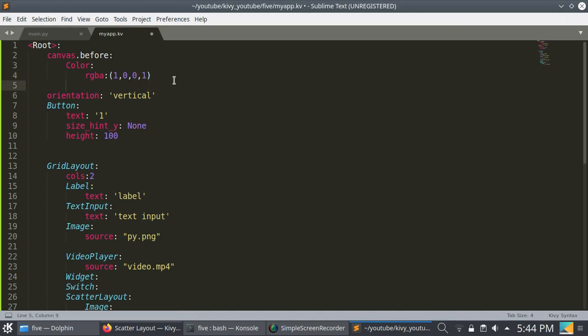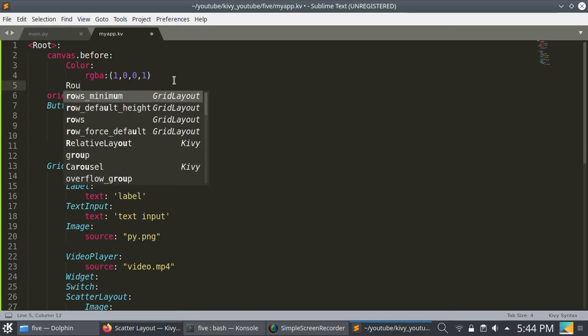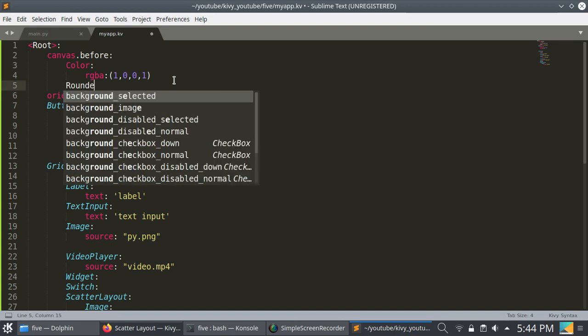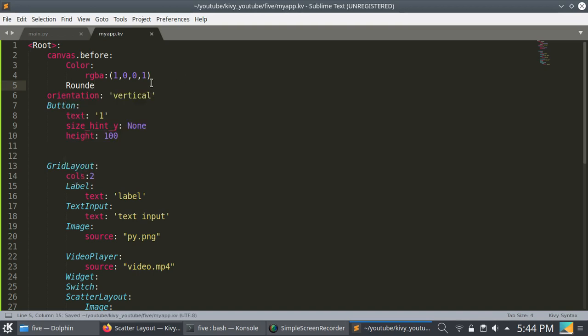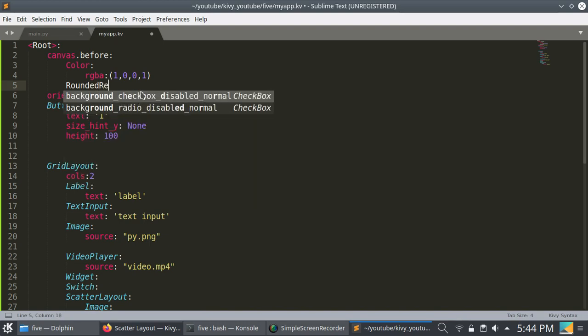Okay, I'm just adding RoundedRectangle. So okay, one second, I have to finish RoundedRectangle, rounded rectangle, sorry. Okay, now